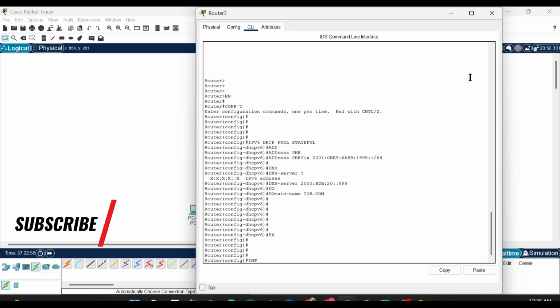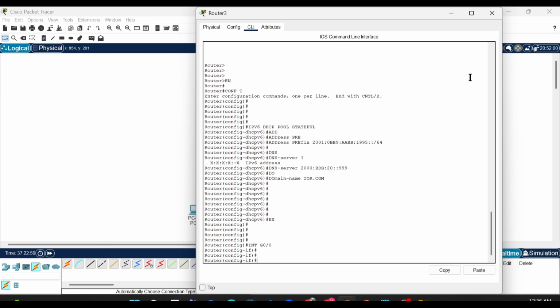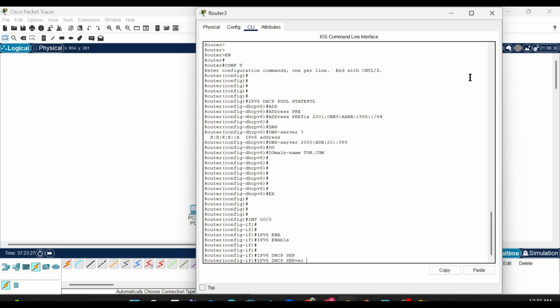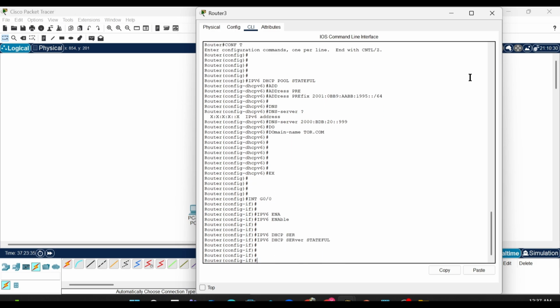So we are going to head over to the interface gig0/0. We've already assigned an IP address to that interface. First of all, we have to enable. So we enable, then we say IPv6 DHCP server, and the name of the pool that we created was stateful. So stateful. And after doing this, we have to configure something else. That configuration determines if we are going to be able to get an IPv6 address or not. Regardless of whether we've configured these two over here, we still need to do that one,